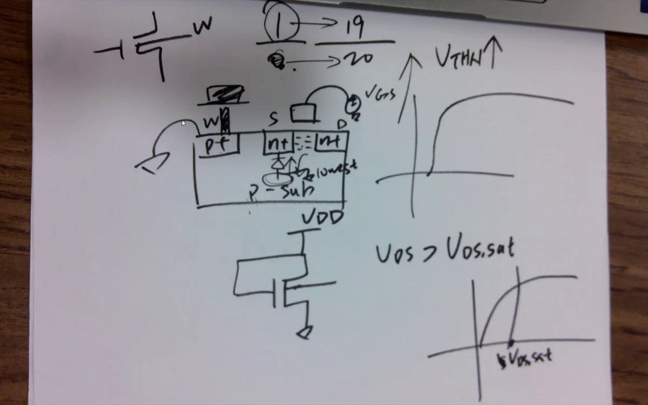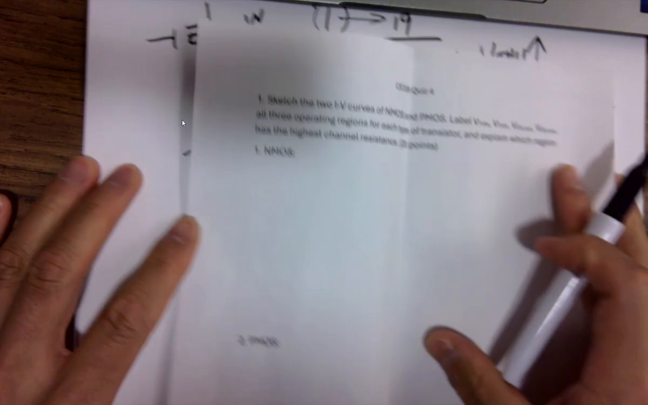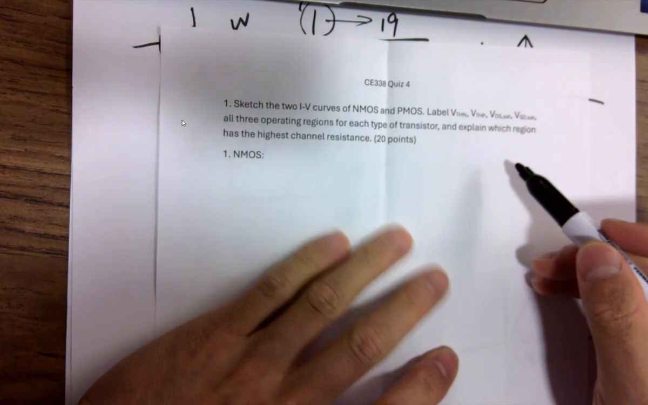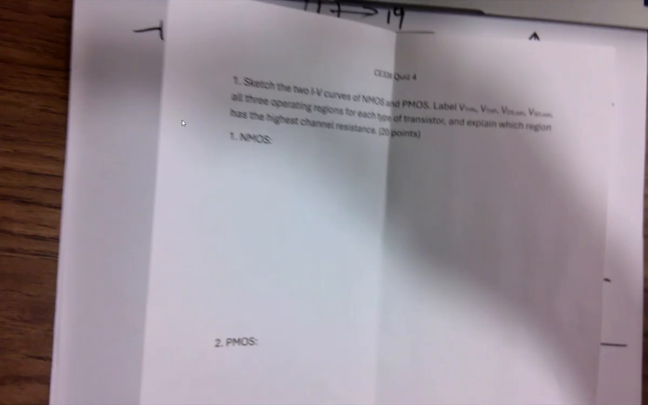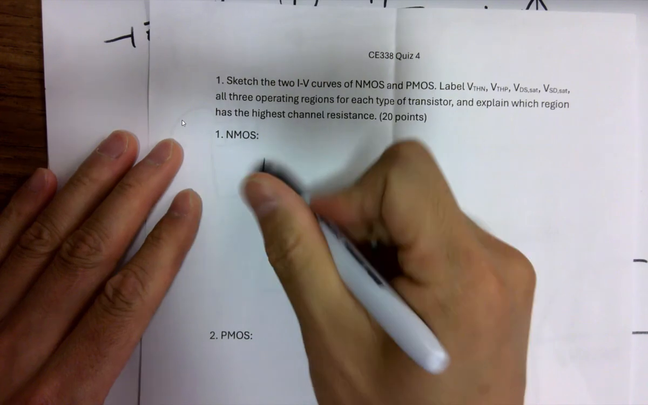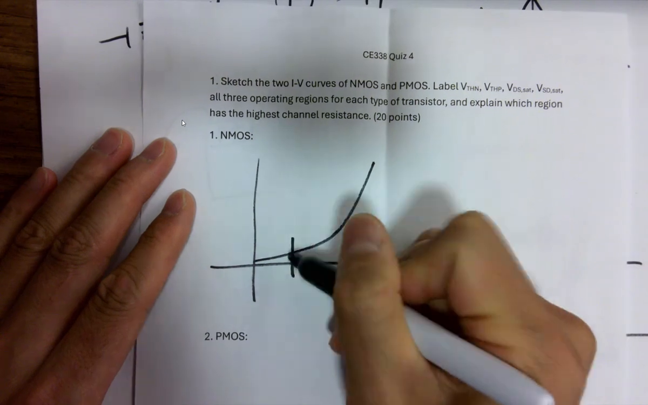Some of you lost points on the quiz because of this curve. What I expected as an answer here is maybe some of the descriptions are not super accurate, but we do need two curves for each transistor. NMOS, we need a 2. PMOS, we need a 2. So NMOS, you got a VGS, here's VTHN,